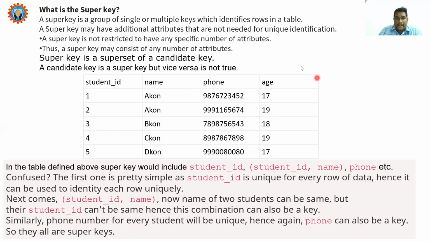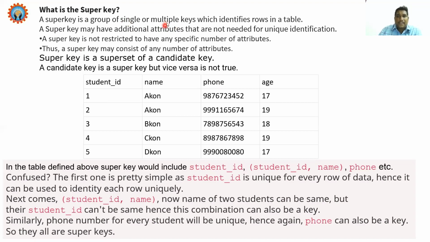So I want name and age, and based upon ID I can retrieve name and age. So the ID, name and age is called a super key. I hope you understand. So that is what I'm saying. A super key is a group of single or multiple keys. Single means unique key properties.